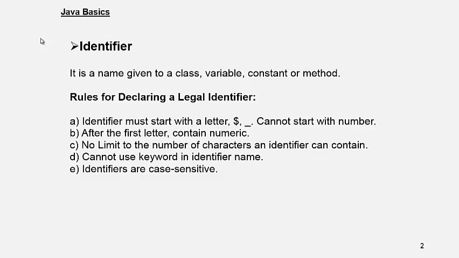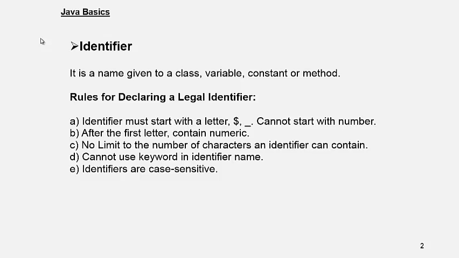There are some predefined keywords. The compiler has special meanings for those keywords. We cannot use those keywords in the name of an identifier. If we do, there will be a compile time error, because the compiler has an already defined meaning, and if you use that keyword in the name of an identifier, it will use the predefined meaning for it. So there will be a compile time error.